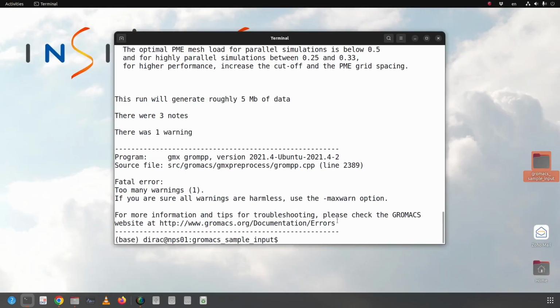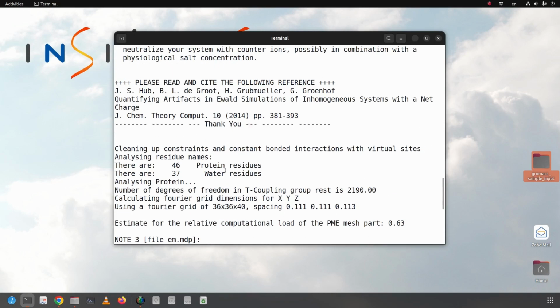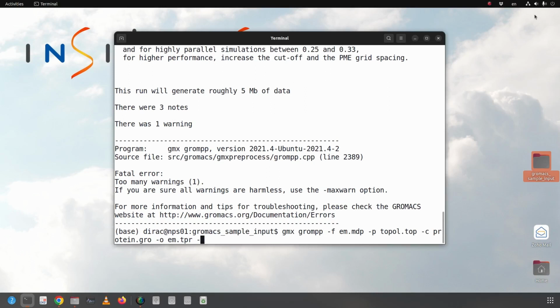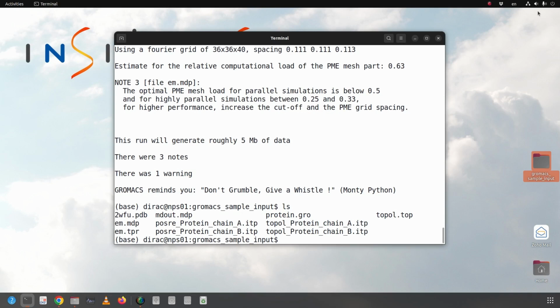Okay, grompp gives me an error. Actually, it's a warning which says the system is not neutral and has a net charge that can cause some artifacts, but because it's just a test simulation, we can ignore it. So I re-entered the command and added -maxwarn 1 to it. It's done. Okay, now we can run the simulation by gmx mdrun -v